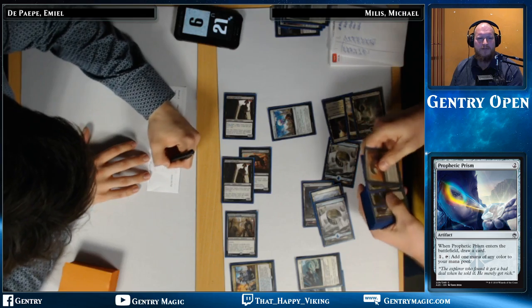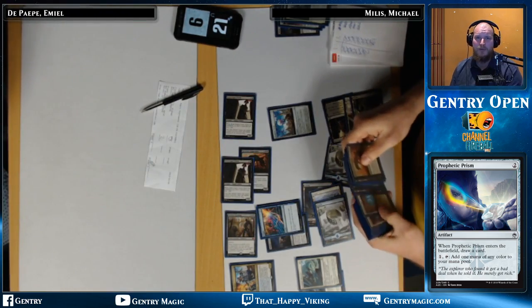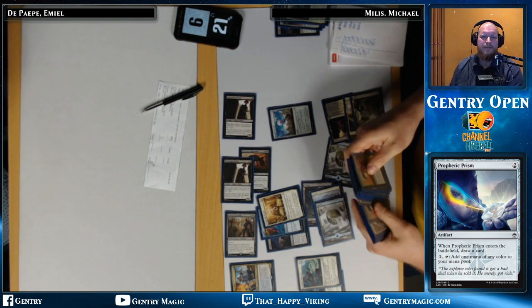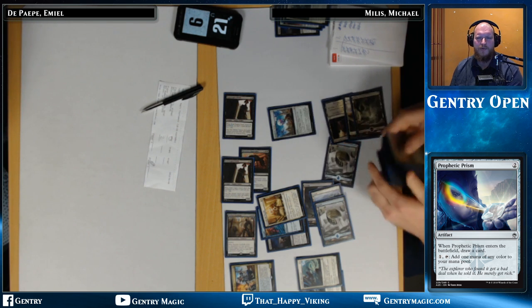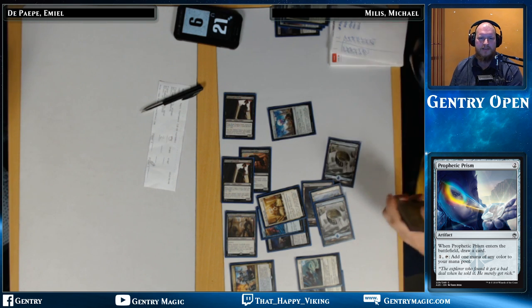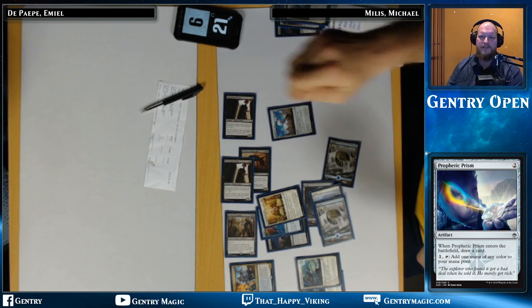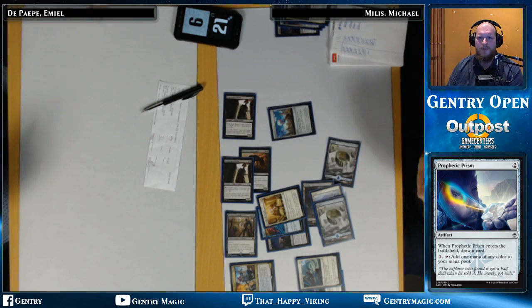Emiel not getting the tools he needed to fight back in game 2. We can actually put it like that, as Michael only needed to put on pressure to avoid losing to the second approach of the second sun that Emiel couldn't dig into. So pretty interesting things there. We'll go back to